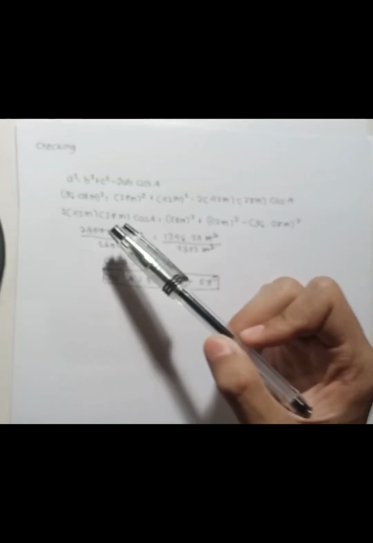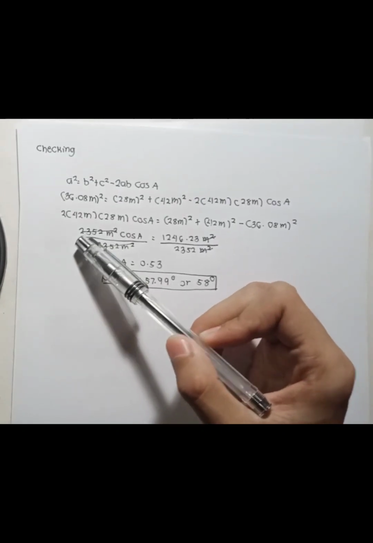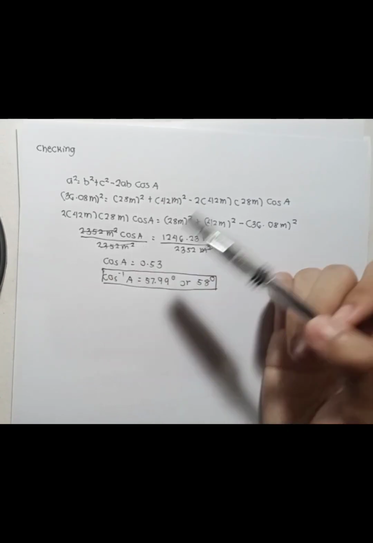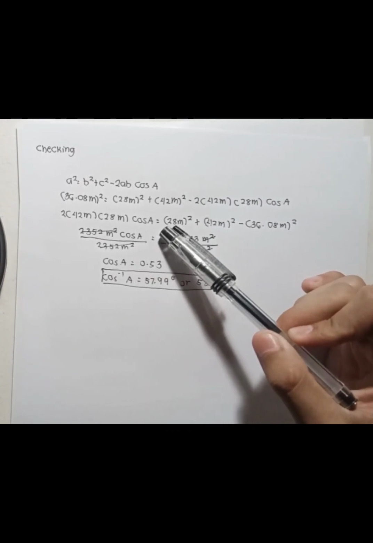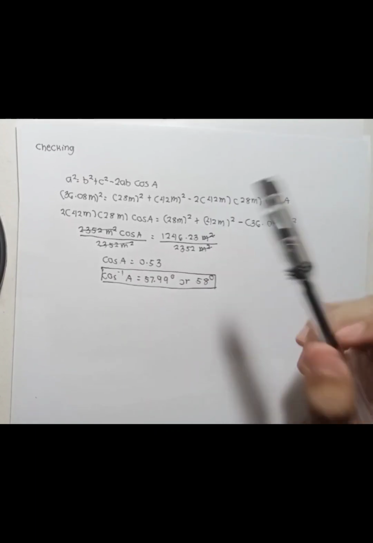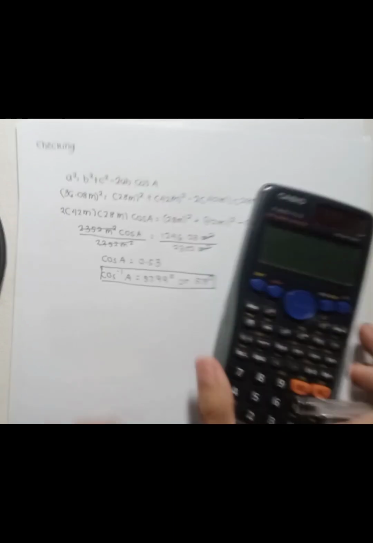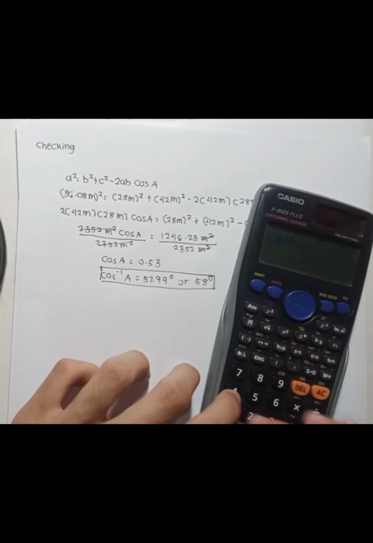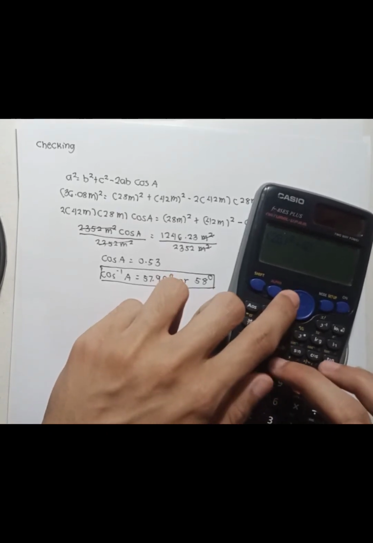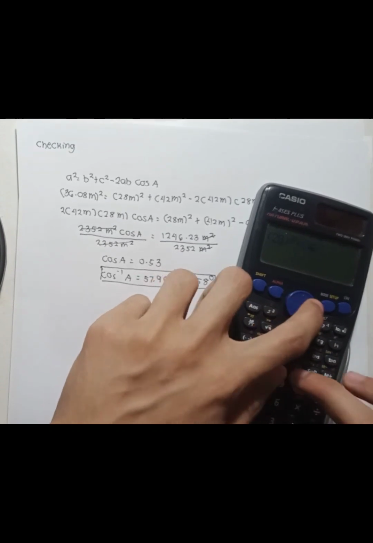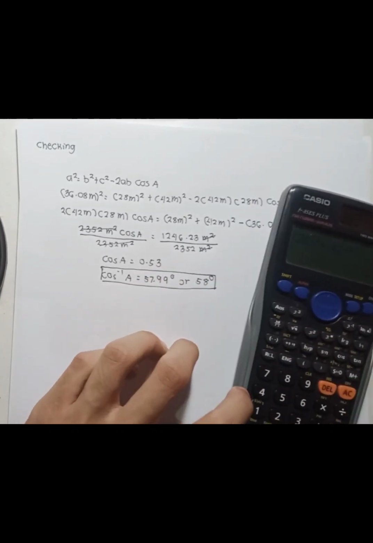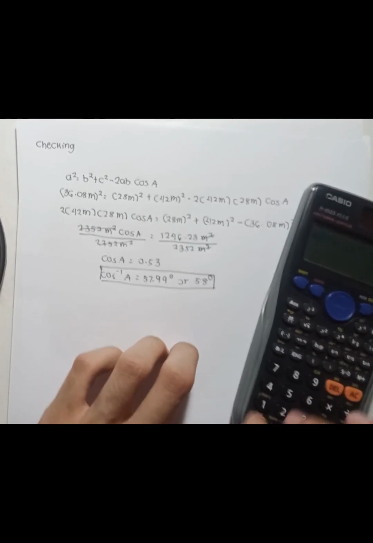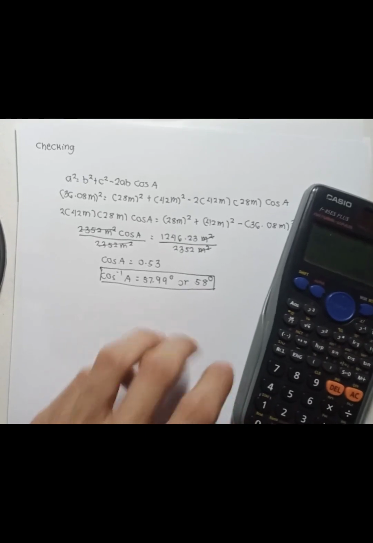So, 2 times 42 times 28, we will get the answer of 2,352 meters squared cosine A. Tapos, is equal to, if you calculate it on your calculator, okay, we will try. 28 squared plus 42 squared minus 36.08 squared, we'll get answer of